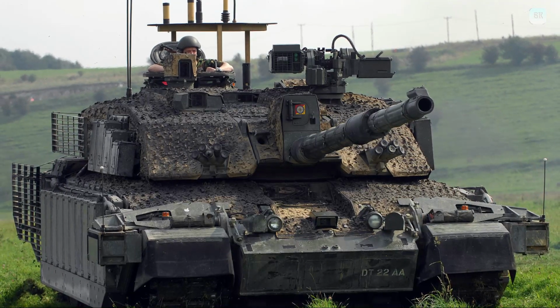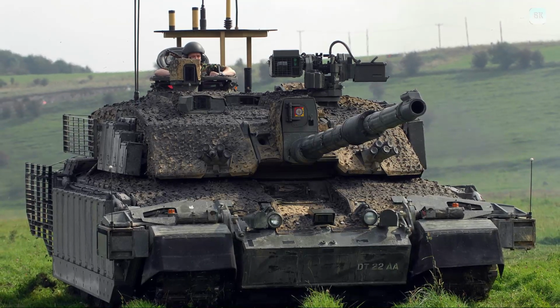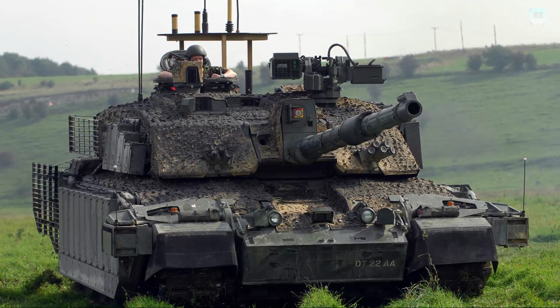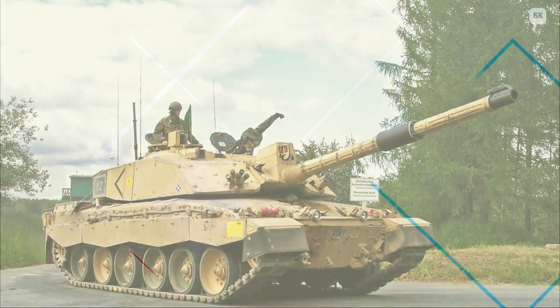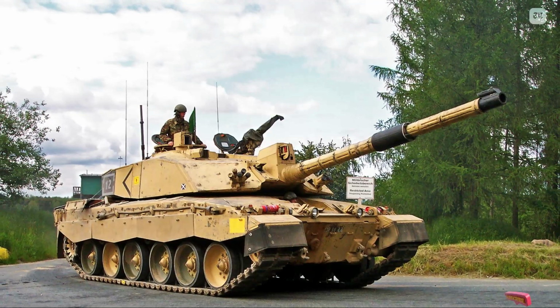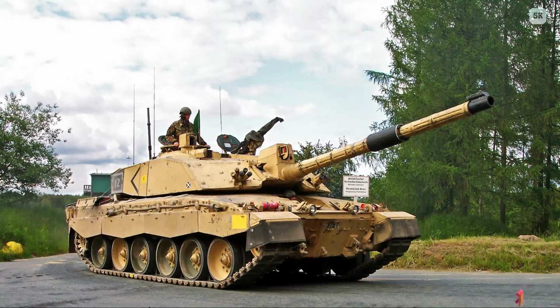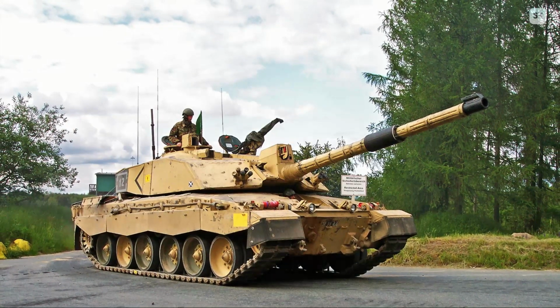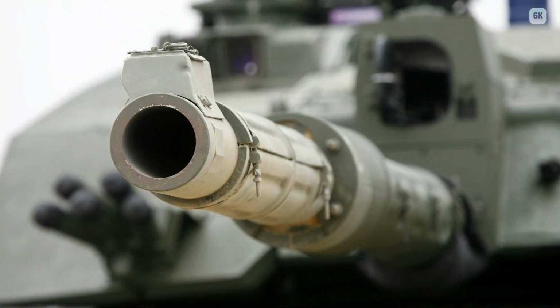Challenger 2 tanks were also ordered by Oman in the 1990s, with delivery of 38 vehicles being completed in 2001. A number of British Challenger 2 tanks were delivered to Ukraine in 2023. Since the Challenger 2 entered service in 1998, various upgrades have sought to improve its protection, mobility, and lethality. This has culminated in an upgraded design, known as Challenger 3, which is set to gradually replace Challenger 2 from